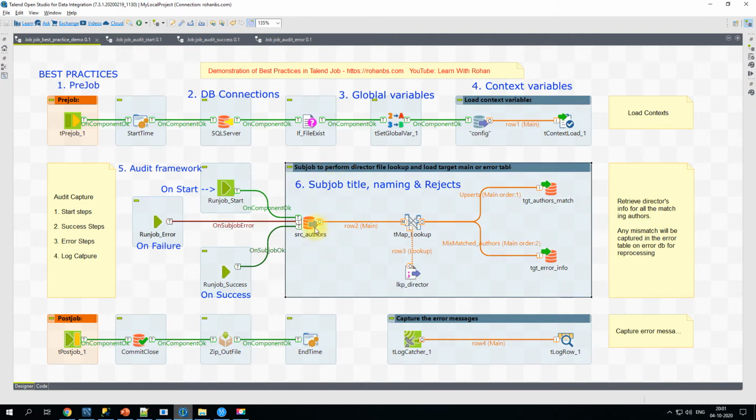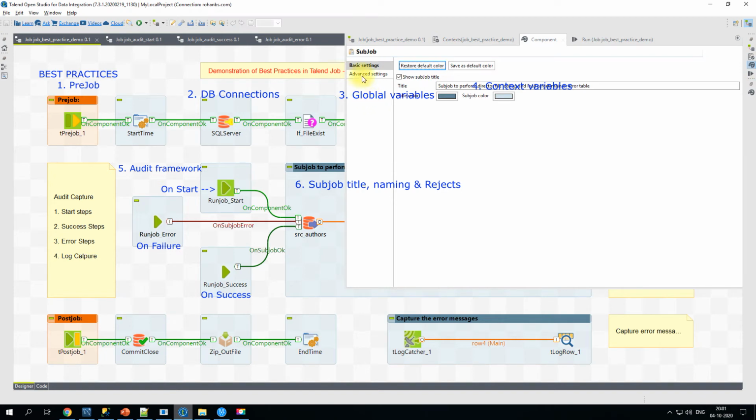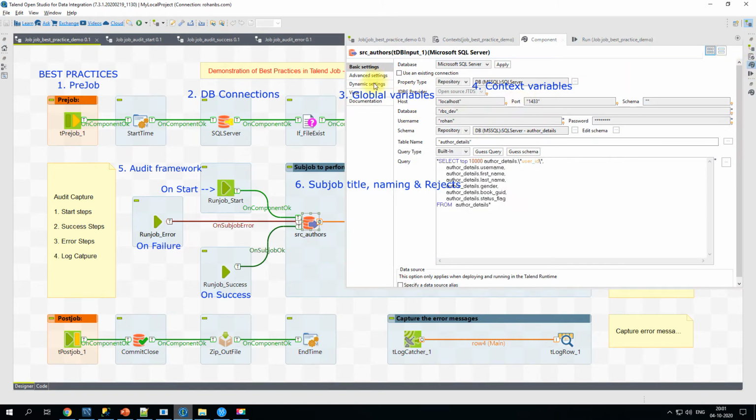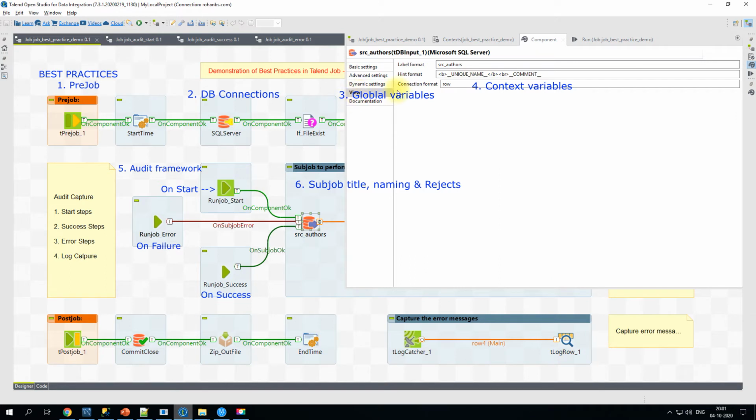And also for each of the components, it's a best practice to add appropriate names as well. So in my case, I'll show you when you go to component and when you go to view. This is the label which you can give to all the components. So put an appropriate label here.